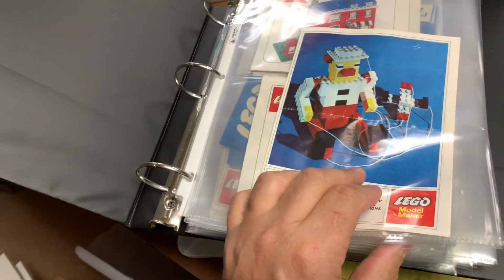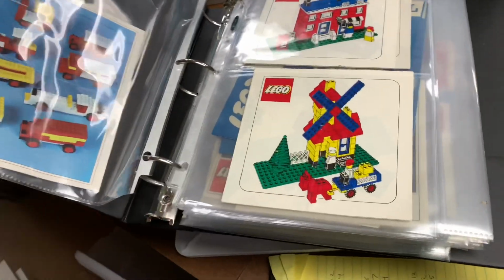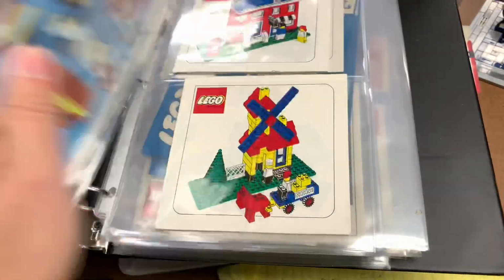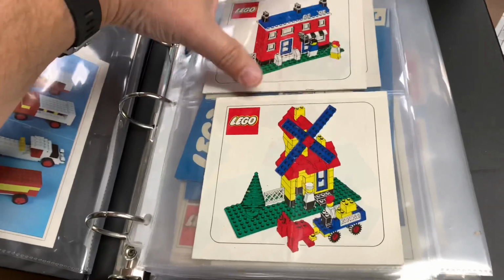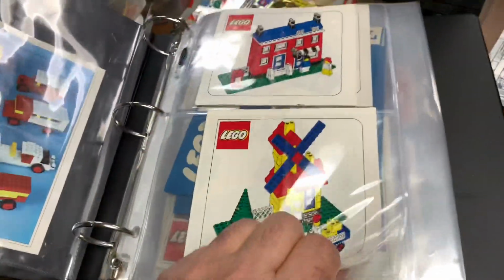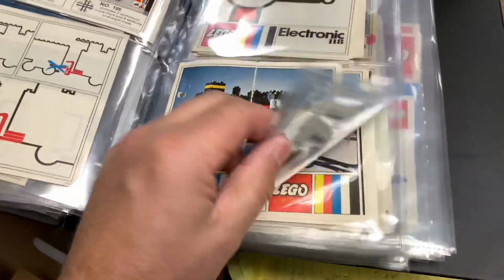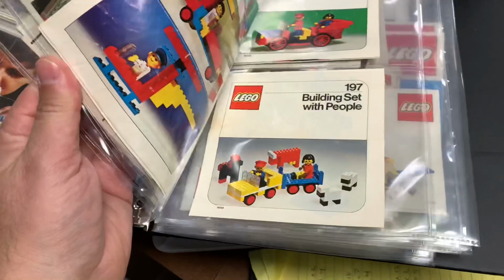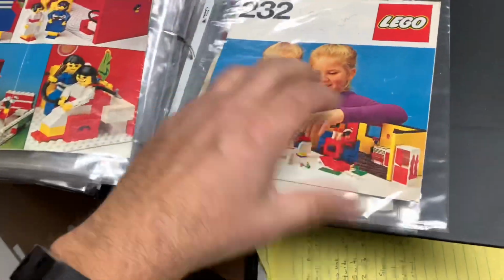So I'll keep working on that and sorting these instructions. Notice this is how I'm doing it. I got the 1-page things for the bigger instructions. A lot of the instructions from the vintage era will fit in these 2-page holders. There's the blueprints. Got to pull out a lot more instructions from other things, and there's some other ones. I think they're in this container. Let me see. Oh yeah,